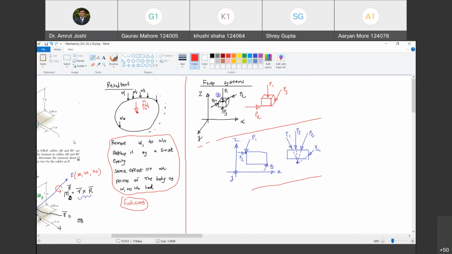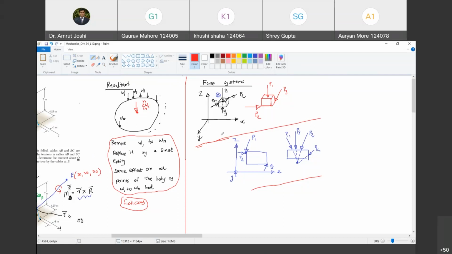Yeah, okay. Now, so he said something, but I want a difference between these two force systems and these two force systems. Shlok, can you tell me what is the difference? Shlok, can you unmute? Shlok Verma. Shreya, you can mute yourself now. Shlok, you need to unmute.